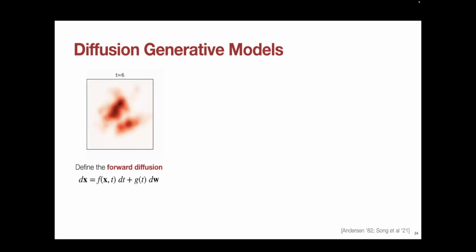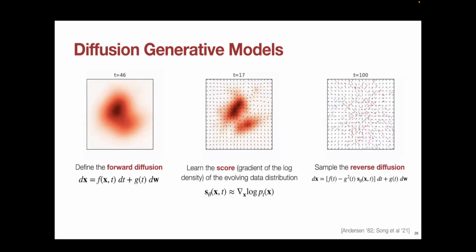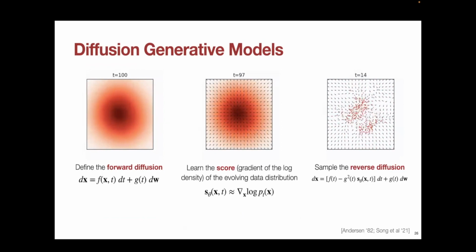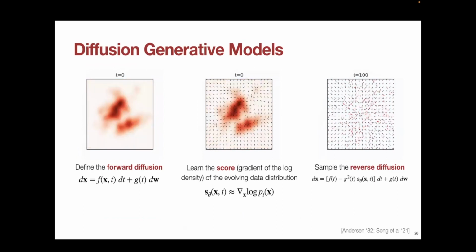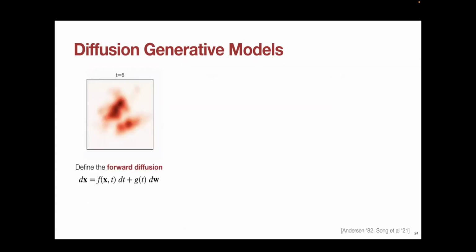Now, I want to briefly outline how these models work, just to ground everyone in some common language. You've probably heard people say that diffusion models add noise to the data and then learn to remove noise. What that looks like is you have your data and you can imagine some kind of diffusion process happening here. You can imagine red is the concentration of the data at a particular point in space. And this diffusion process is adding noise.